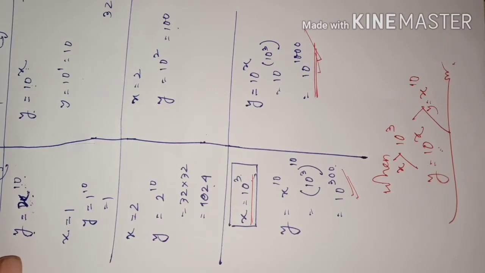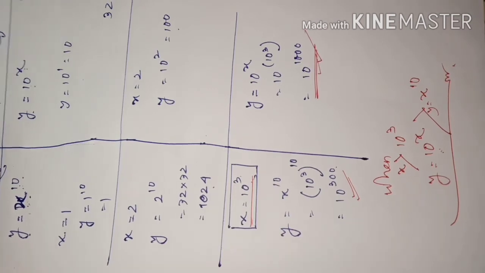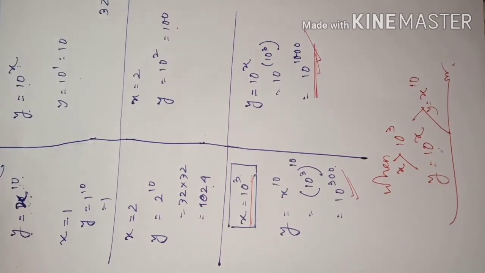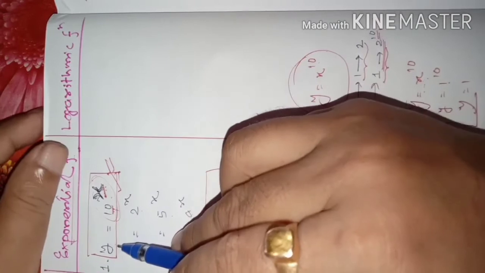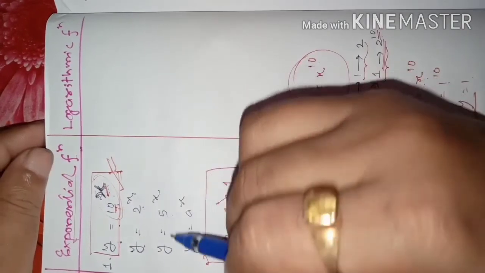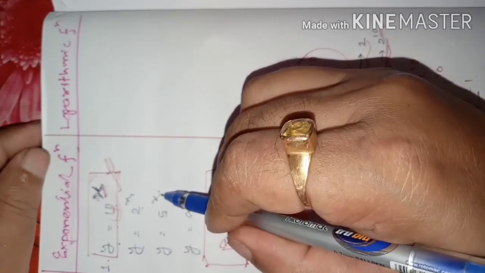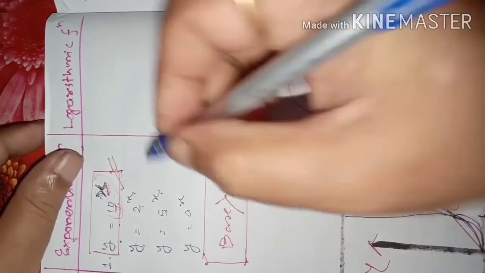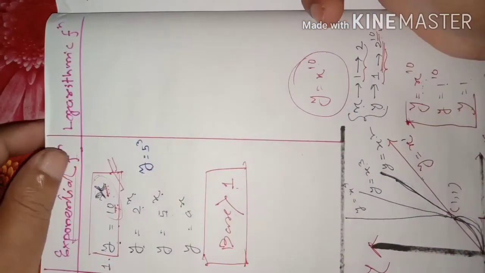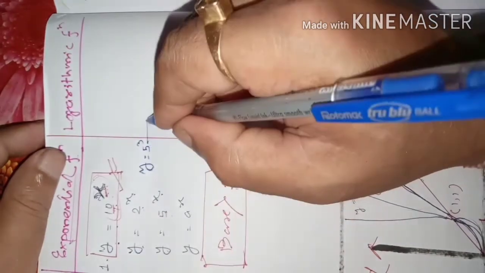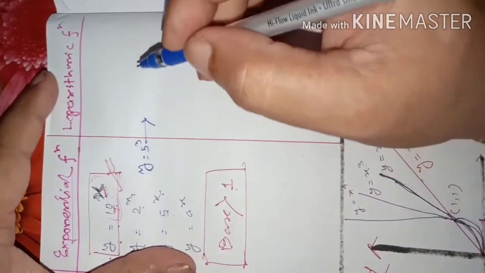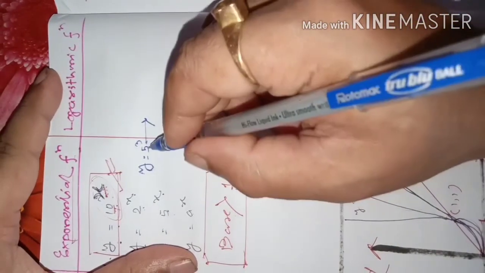But that is not our only point today. We have some more things to discuss. That is, you just see another point that I would like to say now. Here you see y equal to 10 to the power of x, or y equal to 2 to the power of x, y equal to 5 to the power of x. This is the exponential form, or say y equal to 5 cube. So for this expression we have another expression. Equivalent to this expression is one more expression, that is like this. y is equal to 5 to the power of 3.